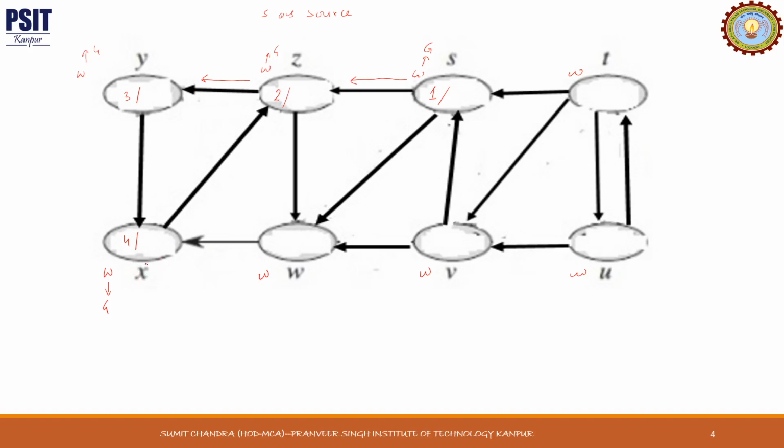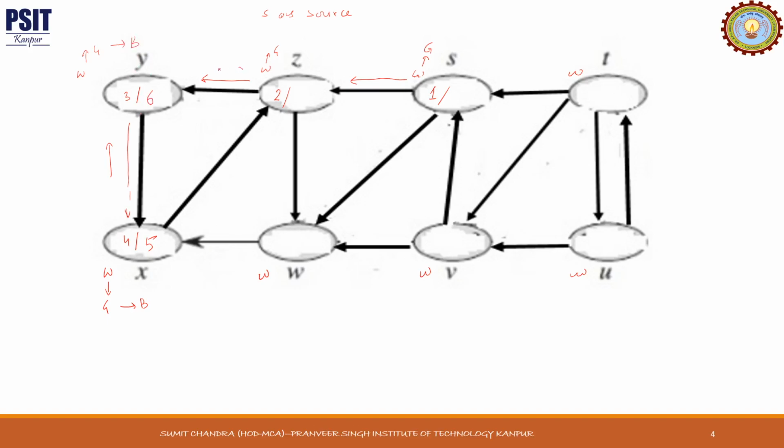When we have examined all the adjacency list of X, its color will become black. So now X is finally black, and whenever a vertex becomes black, we allocate a finish time to it. The finish time will just be incremented by 1, so finish time here is 5. Since we have provided a finish time to X, we'll backtrack to Y. Now we check the neighbors of Y. There is no neighbor of Y to explore, so this will also become black because the adjacency list has been examined, and finish time is 6.